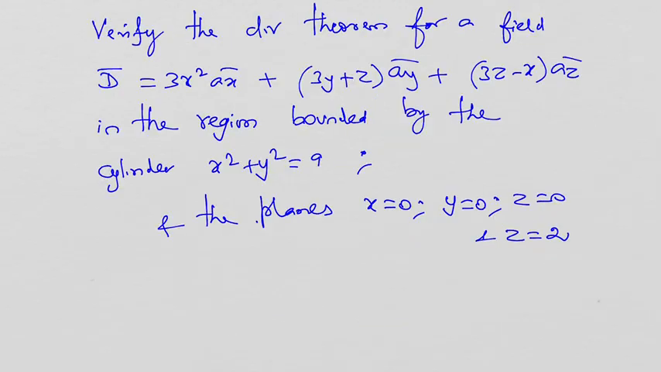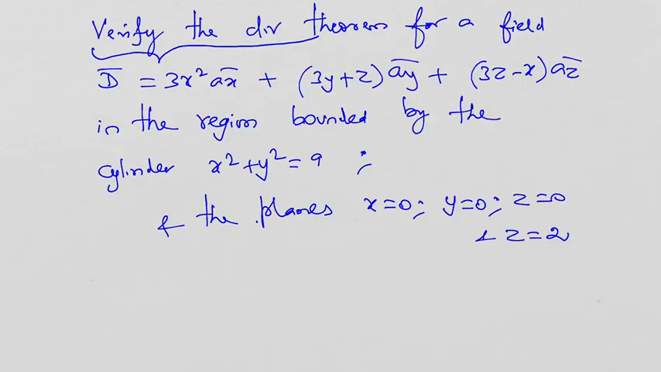The next problem, verify divergence theorem. Look at the statement. It is not like the previous one where you are asked to use divergence theorem to evaluate the surface integral of A dot ds. In this case, this is regarding verification of divergence theorem for a vector field D equal to 3x squared ax plus 3 plus yz ay plus 3z minus x az in the region bounded by a portion of a cylinder, which is specified as x squared